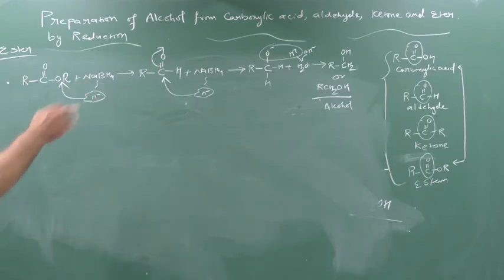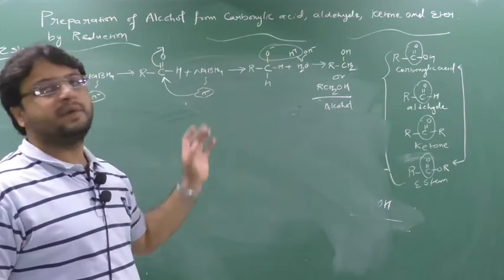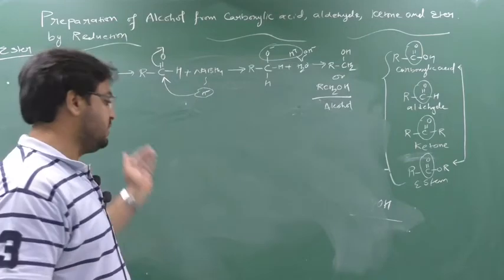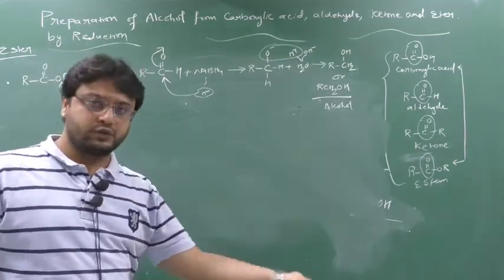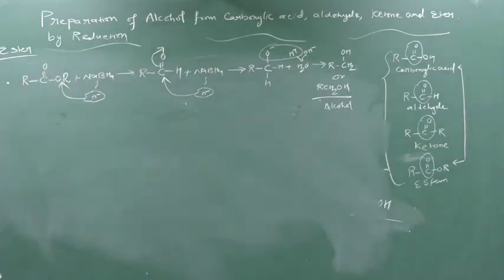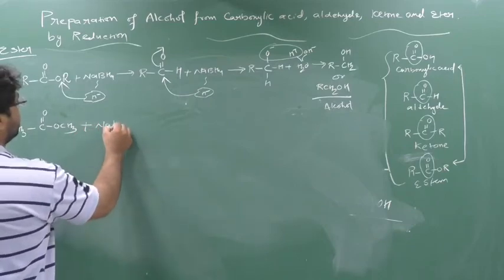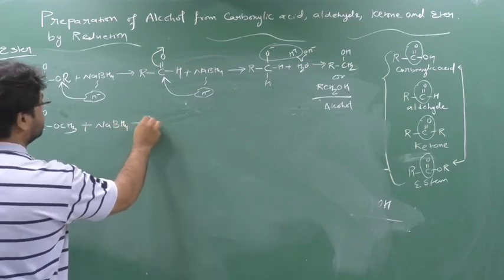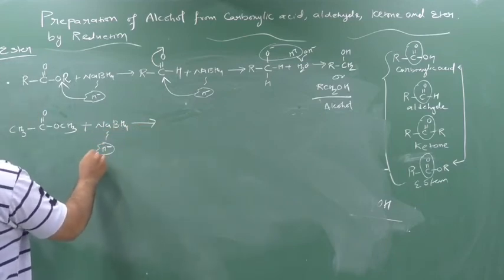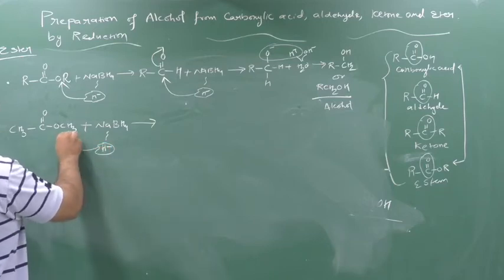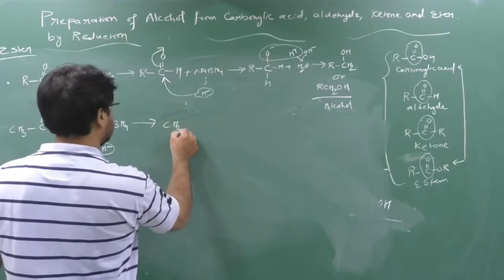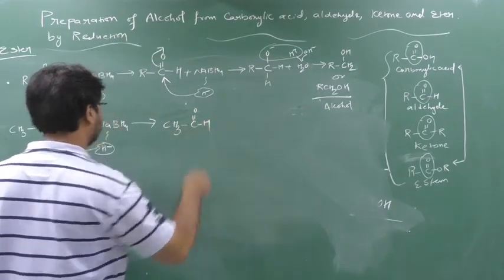See, in carboxylic acid, the same number of carbon we put, the same number of carbon of alcohol came out. But we will see in the ester. See the ester here, CH3, C double bond O, OCH3. Clear? Methyl ethanoate. Here NaBH4, so H minus. First attack will be on what? The first attack will be on this OCH3. So it will form CH3, C double bond O, here H.